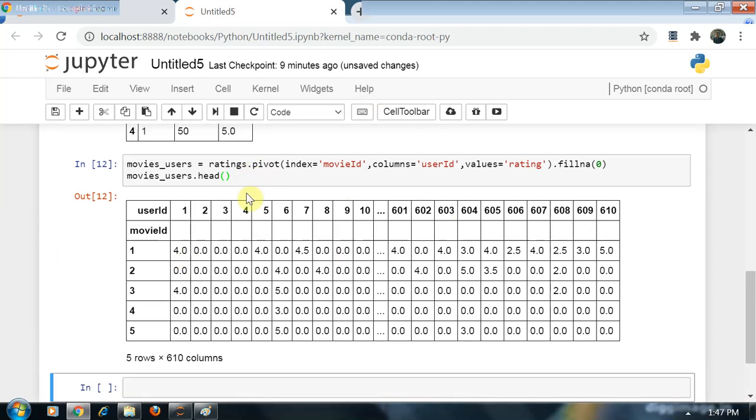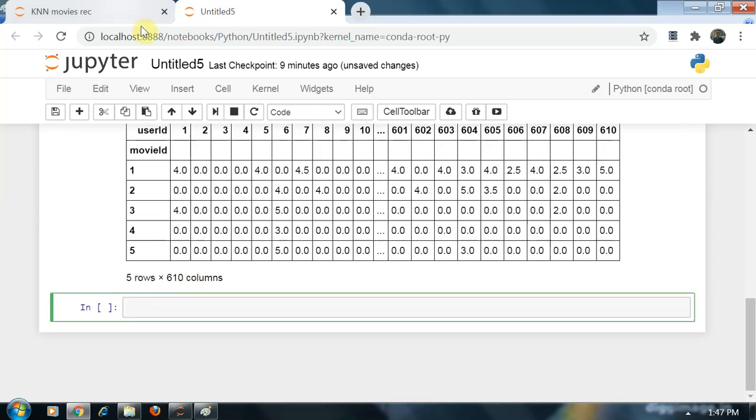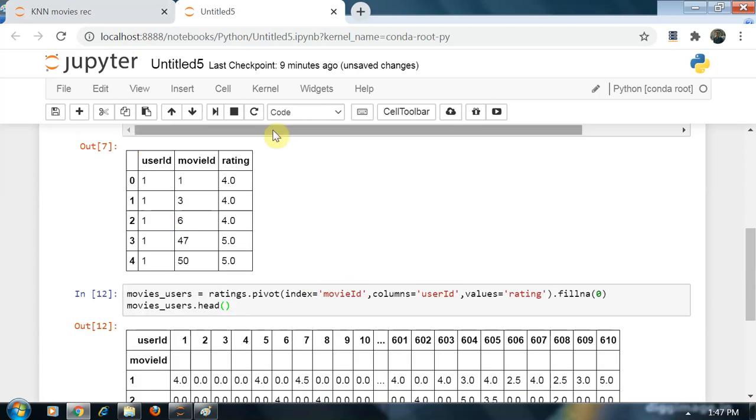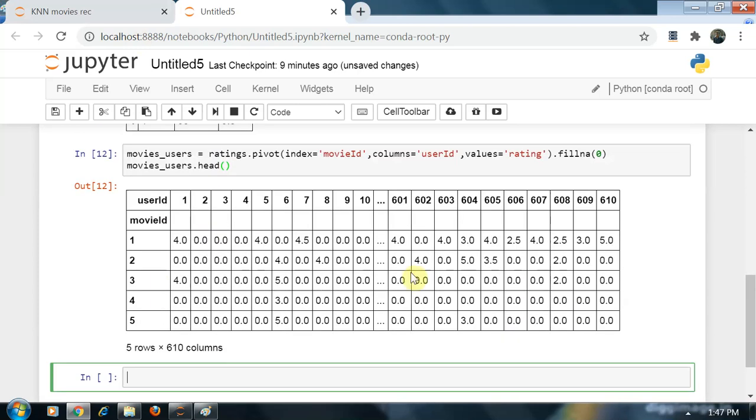Now come to the next point. We are creating our data to implement a machine learning model in the form in which we want. This is our original data, and we are reshaping it in the form which we want to implement in our machine learning model.